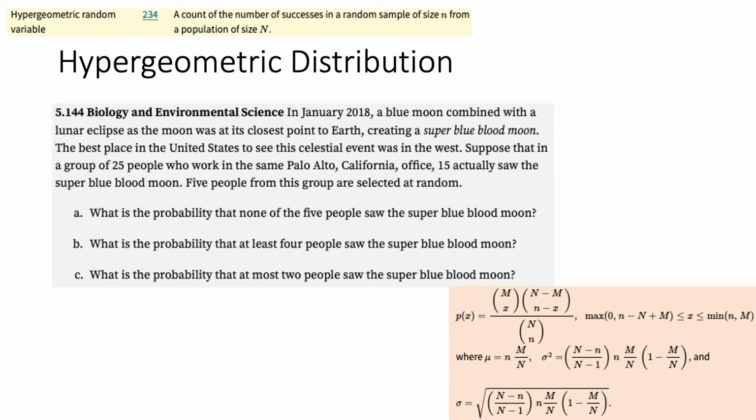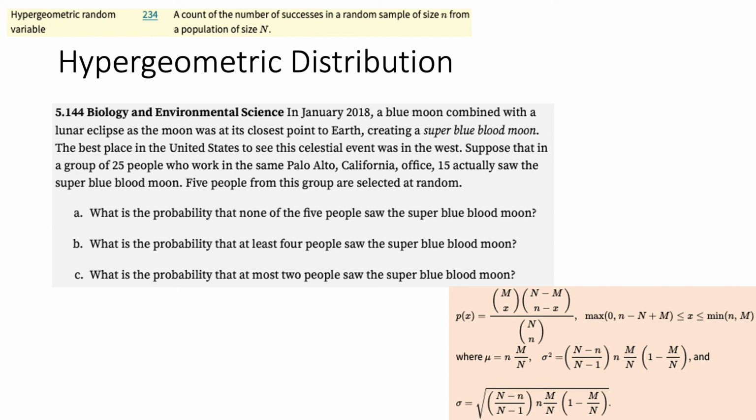In 5.144, it says in January 2018, a blue moon combined with a lunar eclipse as the moon was at its closest point to Earth, creating a super blue blood moon. The best place in the United States to see this celestial event was in the West. Suppose that in a group of 25 people who work in the same Palo Alto, California office, 15 actually saw the super blue blood moon. 5 people from this group are selected at random. Okay, so we've got